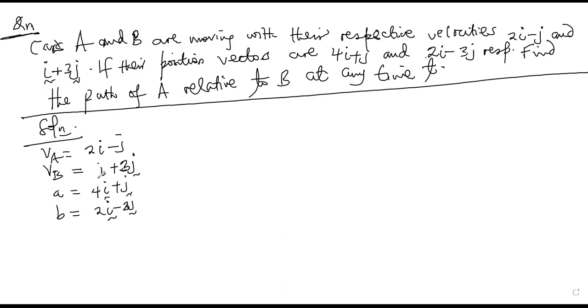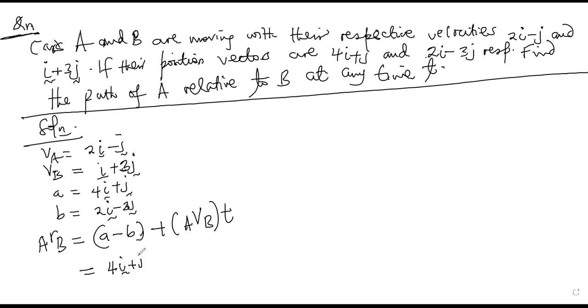And show these as signs of vectors. So we're being told to find the relative path of A to B. In other words, they need ARB, and you say that ARB is the same as a minus b plus AVB at time t. So this is 4i plus j minus (2i minus 3j),